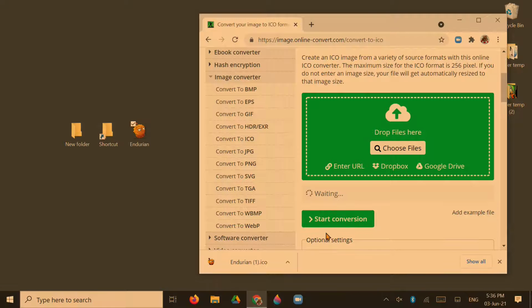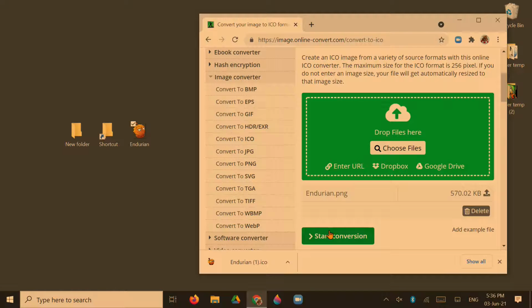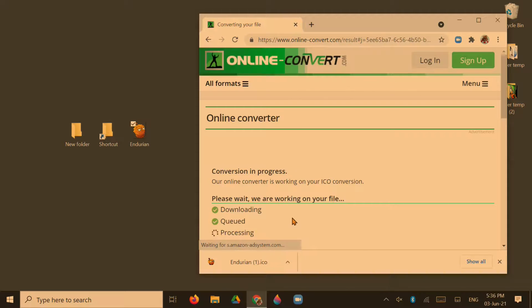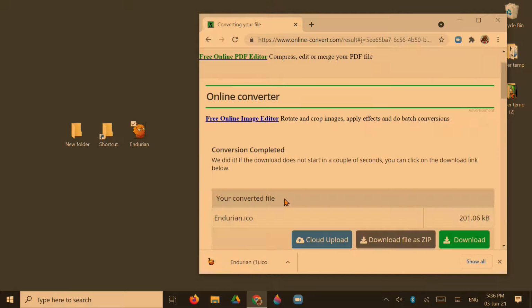You put it in there, wait a moment, just wait. You guys don't want to be in a hurry, right? It will just be destroyed if you are too hurried. Then click start conversion. Then the next thing you guys are going to do is put this folder over